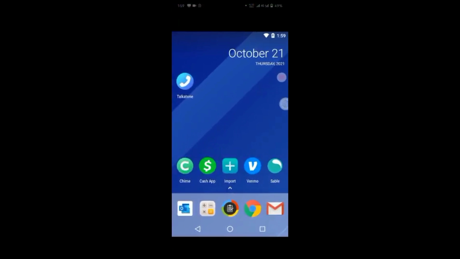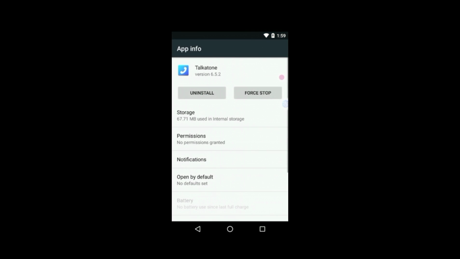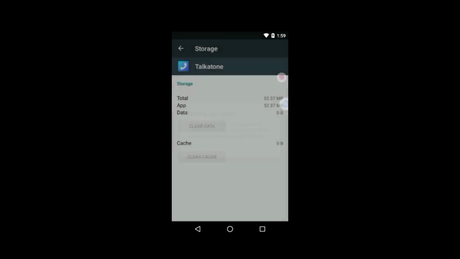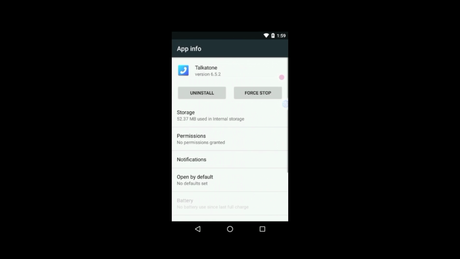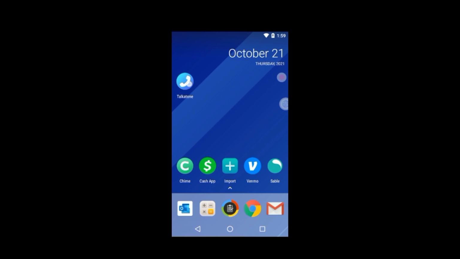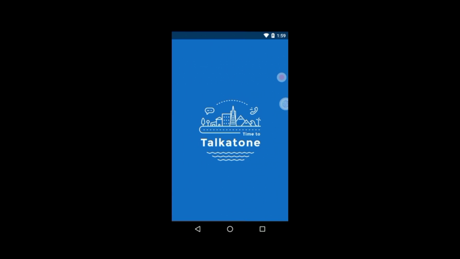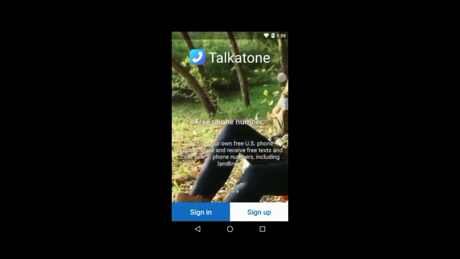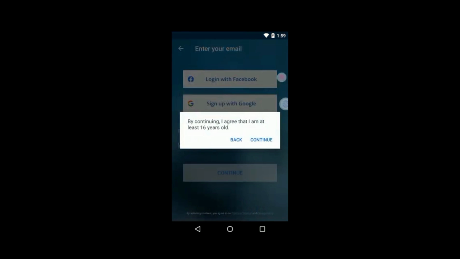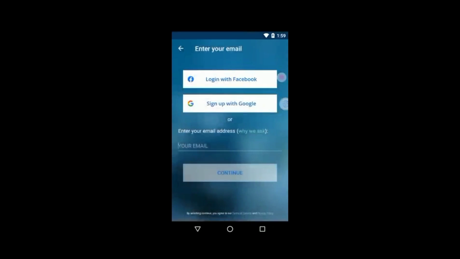It will create another mobile inside your mobile phone. Install the app inside your virtual Android. I have already used another number, so I will clear the app data and create a new number. If you use this method, you can get unlimited numbers and unlimited OTP verification.